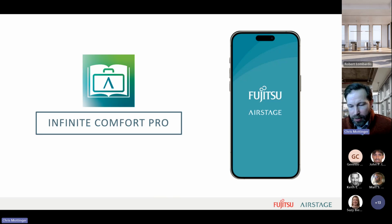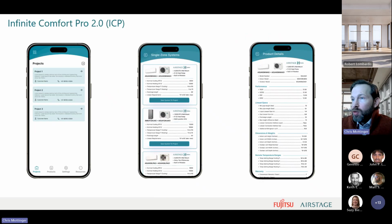If you are, this is completely filter checked for all of your multi-zone combinations as you're selecting projects and building projects inside of this app. It does not allow you to make a mistake inside of your selections. Really, really slick app. As you go into the products tab, inside of the products tab is where I go